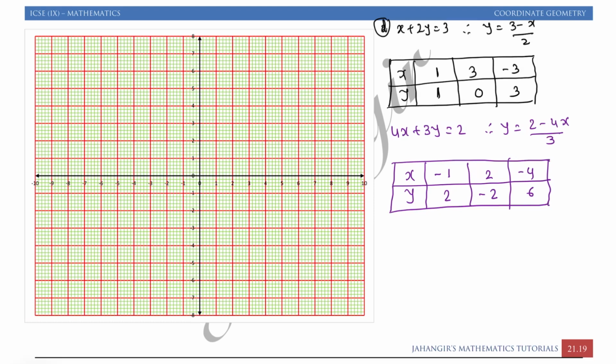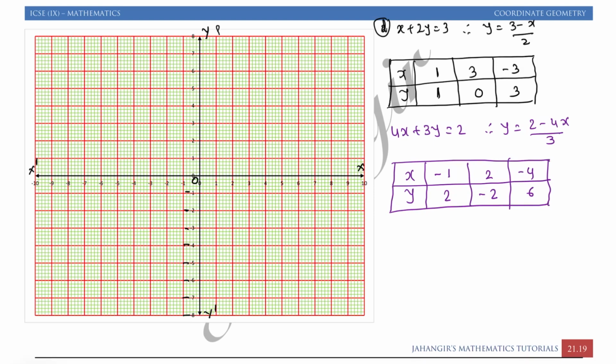So before starting, make the x-axis, y-axis, and write down x, y, x dash, y dash. Center point is 0. We can write negative 1, negative 2, negative 3, negative 4, negative 5, negative 6, negative 7, negative 8. Okay, as it is not visible, I can just write it down.